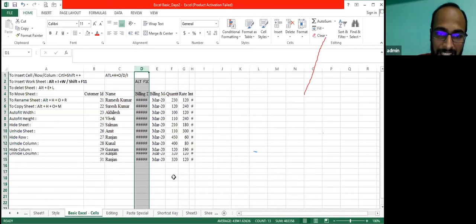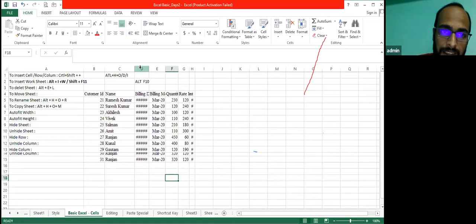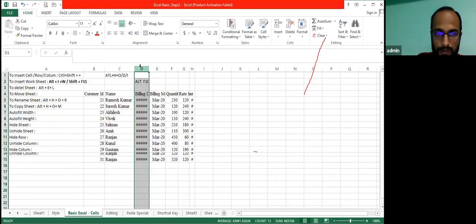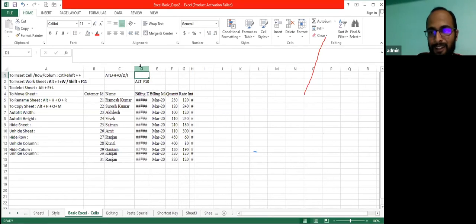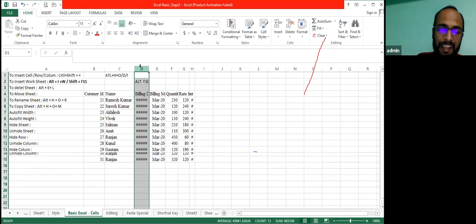So we just need to select the column. How can we select? We just need to move our cursor to the top of the column where the address of the column is written. The address of this column is D. We just need to move the cursor here and then click. Alternatively, I will also tell you how we can select the row and column in one shot without using the mouse. The first way is to move the cursor over D and then click here. You will be able to select it. The other way is